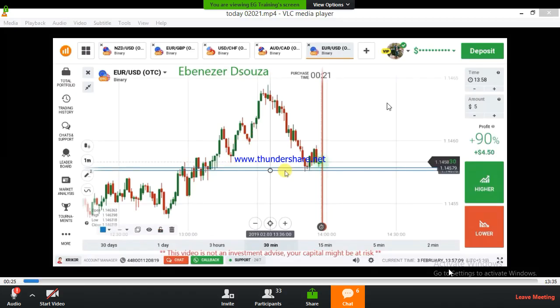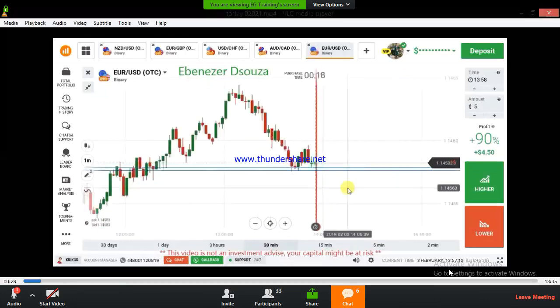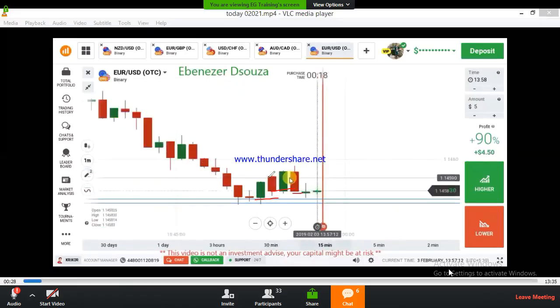Now we are seeing a buyer's entry and a bullish candle here. I will show you. Here we are seeing buyer's entries from this level, sellers entries from this level. So the sellers are here, the buyers are here. The candle closing point is at the buyer's area, and this is a strong level. It means there is a chance to enter buyers from this level.